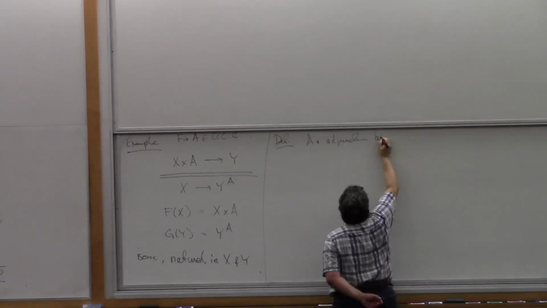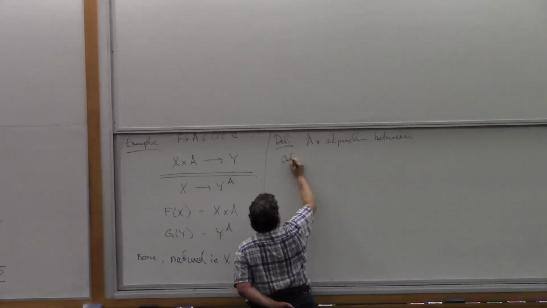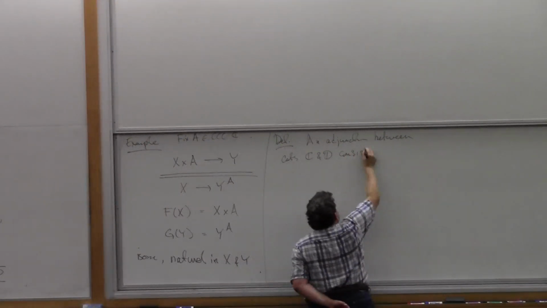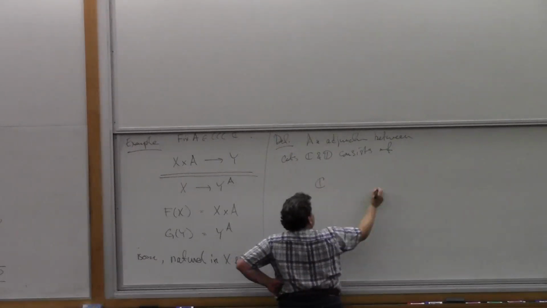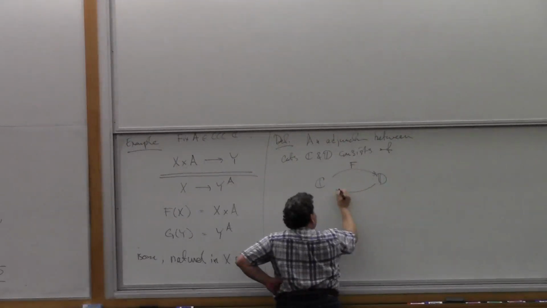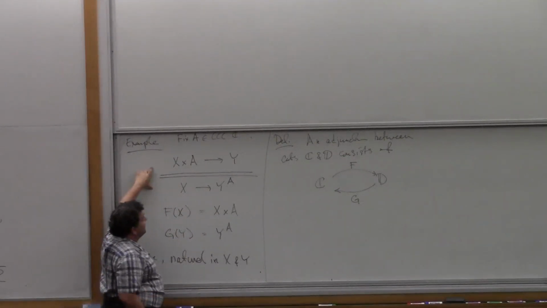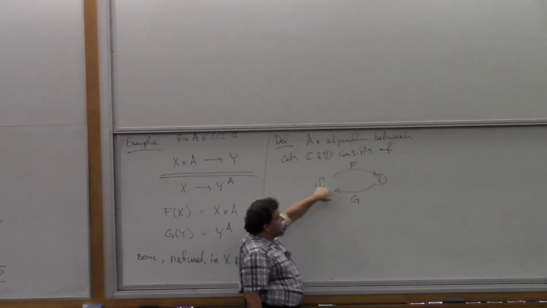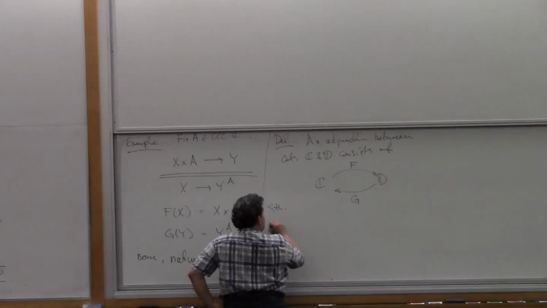between two categories, say, between categories C and D, consists of, so here's C, here's D, a pair of functors, F and G, going back and forth. In this case, the functors were on the same category C, but that's not essential. We can have an adjunction between two different categories, such that there's